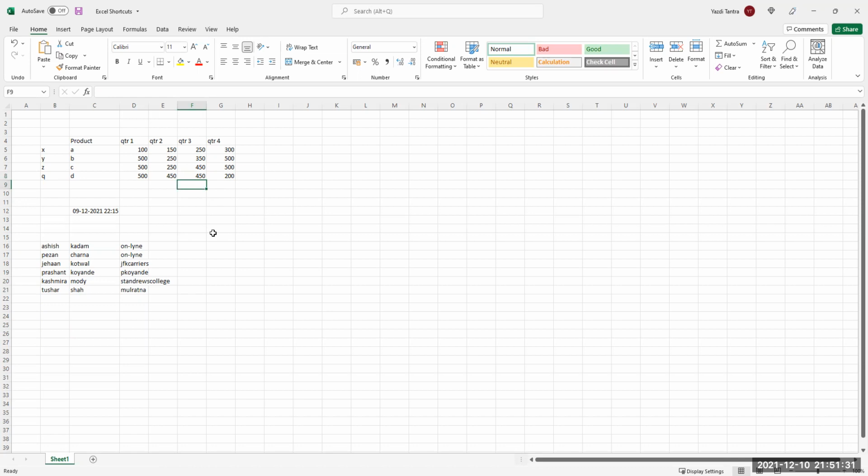But did you know that there is a very beautiful shortcut for this? You say Control D. D for Delhi, D for data. If you say Control D, you can just copy the immediately previous cell. That's it. It doesn't do anything else. So if there's a formula in the cell, for example, and you want to just copy the formula, Control D.